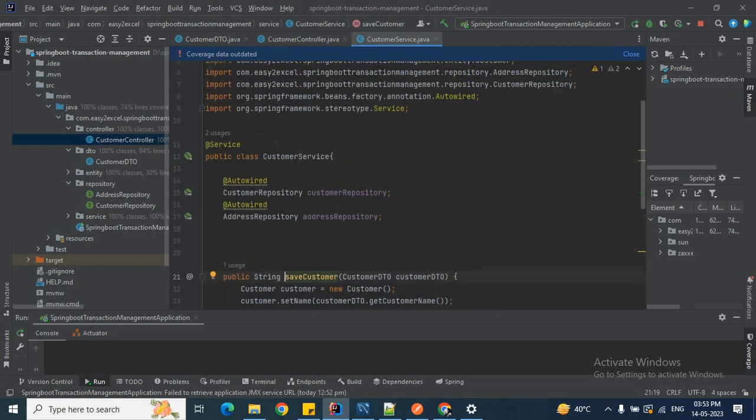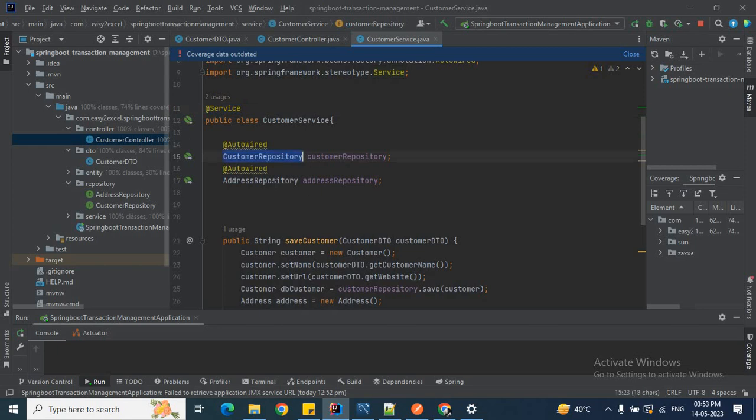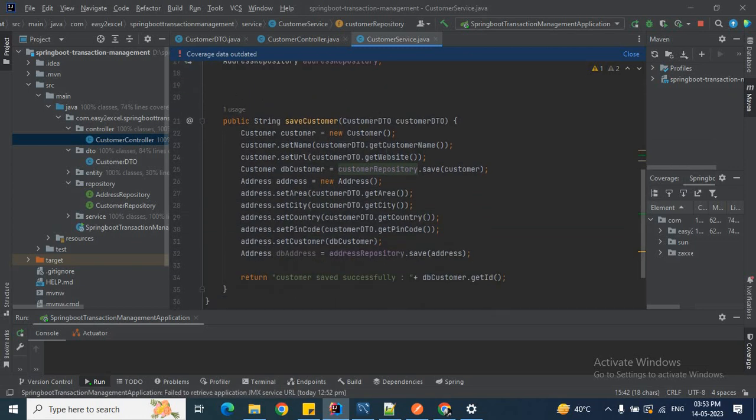Here, I have annotated this class as @Service as it is a service class. Then I autowire the customer repository and address repository, because I want to save the customer details to the customer table and address details to the address table. That's why I need these two repositories inside this service class. Clear? Then inside this saveCustomer, I'll receive this customer DTO.